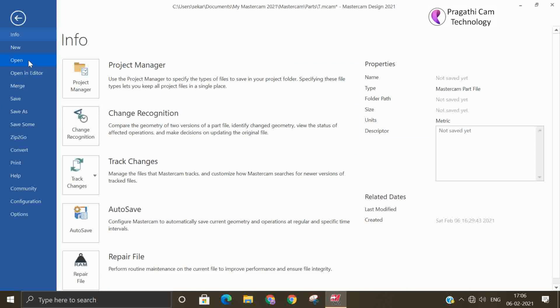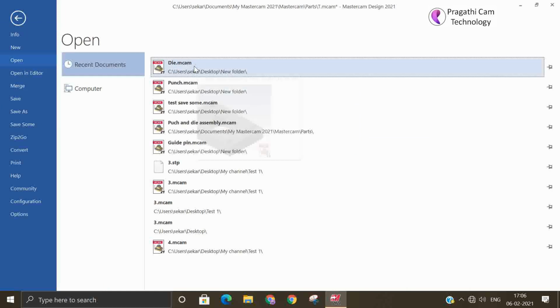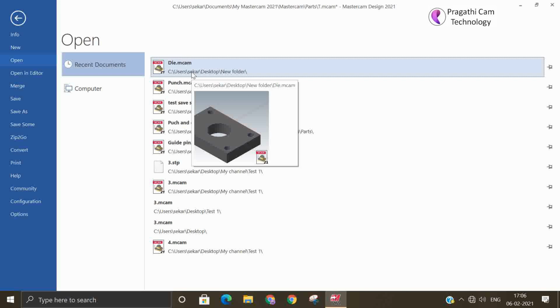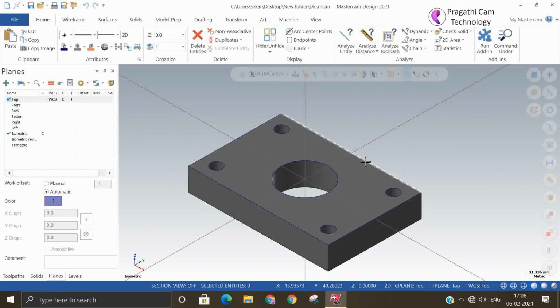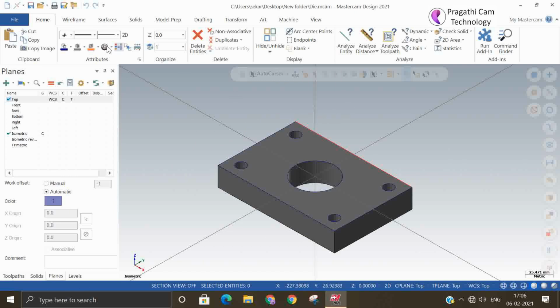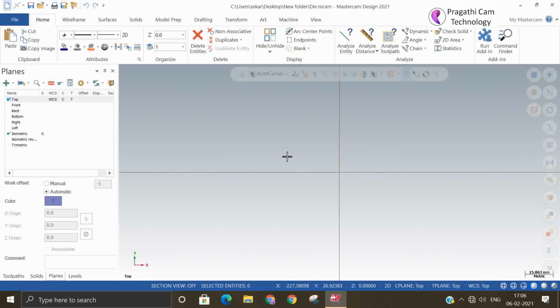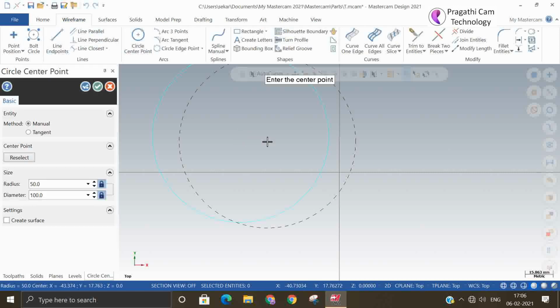So I'll open some file, otherwise we'll make our own simple file.